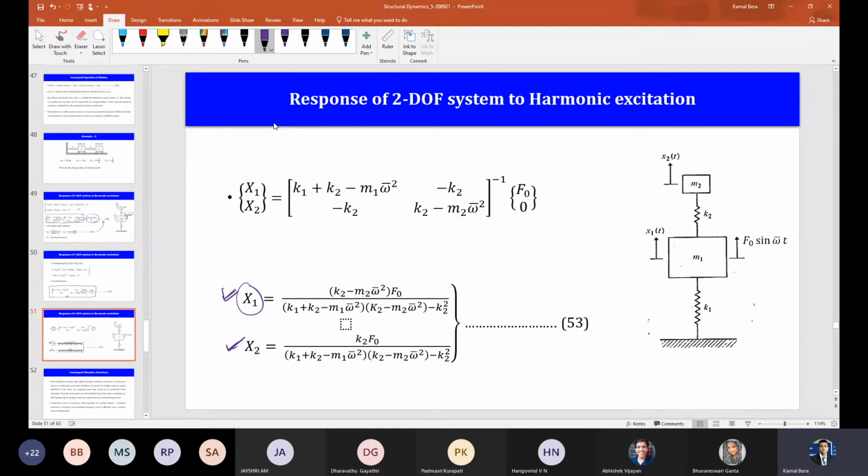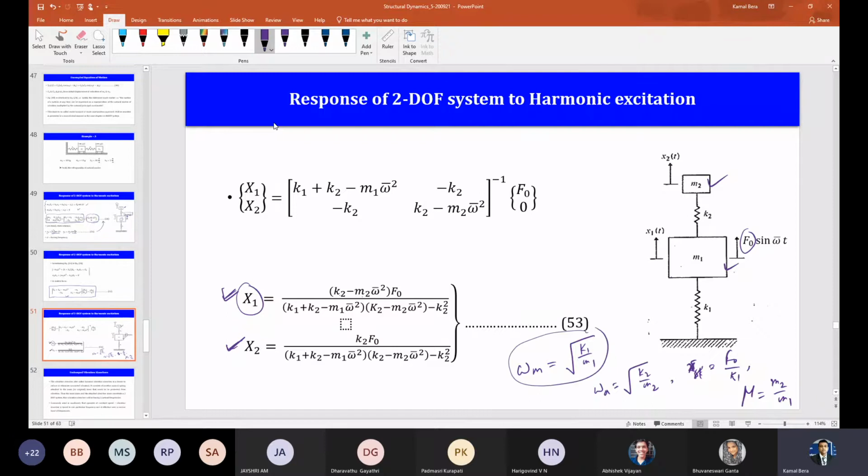Now I want to write this equation in terms of some defined parameters. I am calling omega m the frequency of the main mass in the standalone condition, that is root of K1 by M1. Then omega absorber is root of K2 by M2. Then I have defined the static displacement xst, which equals F naught by K1, because F naught is the amplitude of the force, so xst is the static displacement of the main mass in the standalone condition. Then mu is the mass ratio, that is m2 by m1, the mass of the absorber divided by the mass of the main mass. So I have just defined some parameters.